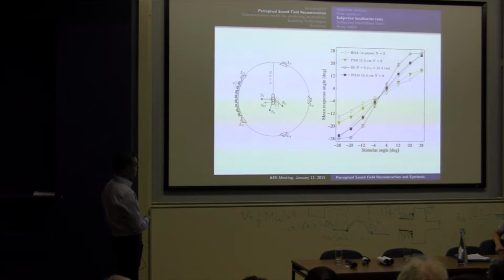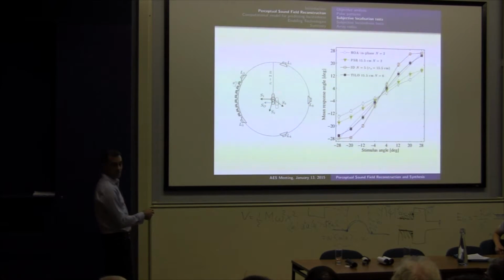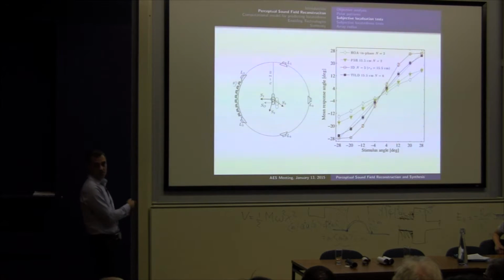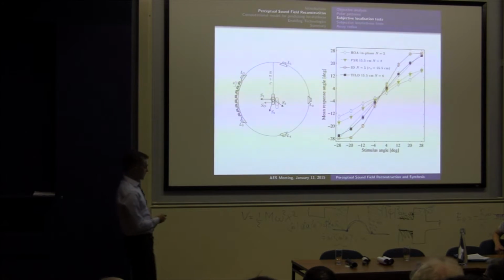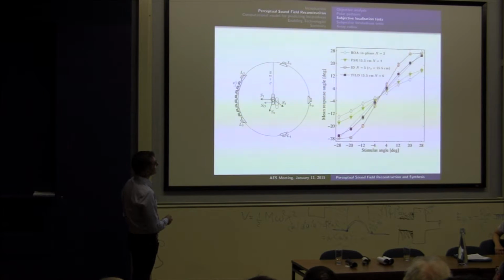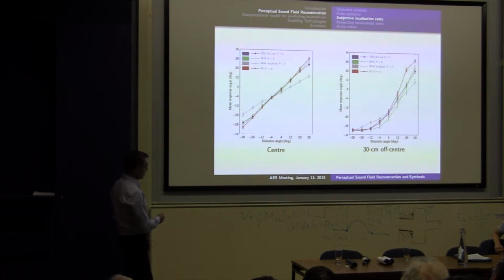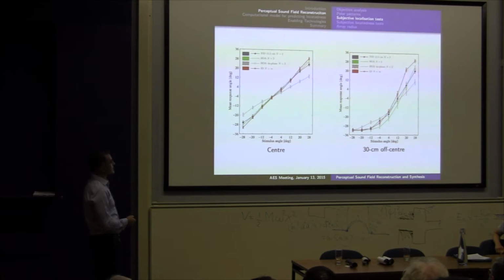We are now doing a psychoacoustic experiment. We place a listener somewhere in the center of the room, and we play back sounds using two loudspeakers, and we also look at these areas around. We have a number of pointers, and we ask, where do you think the sound is coming from? That is what we measured. I'm not going to go through the details of this one, but for a listener in the center, basically all these techniques perform comparably.